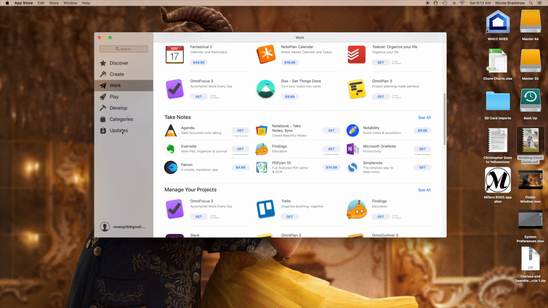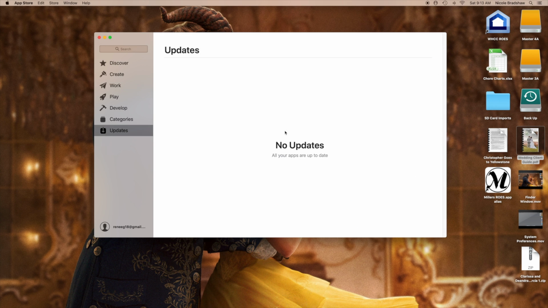But please do remember that when you do get an update for any program or an operating system update, this is where you'll find them. And it is important to keep them updated because otherwise they do not work properly. So, if you have any questions